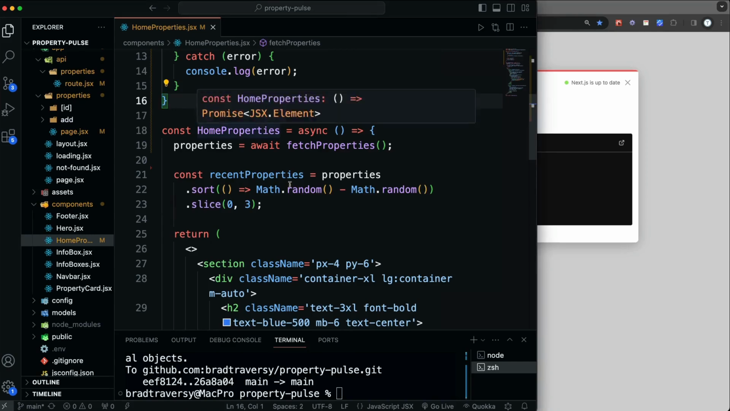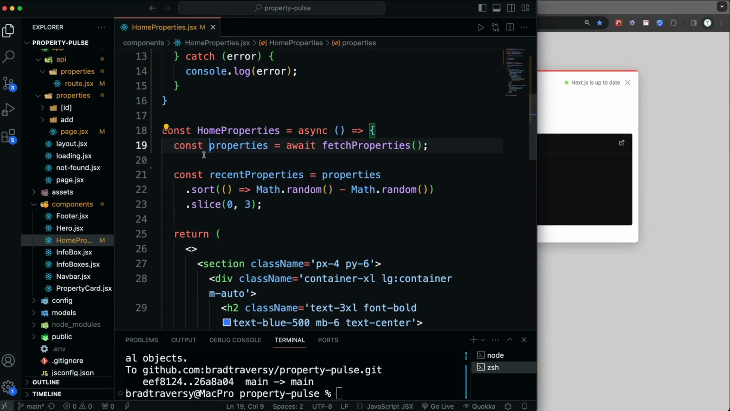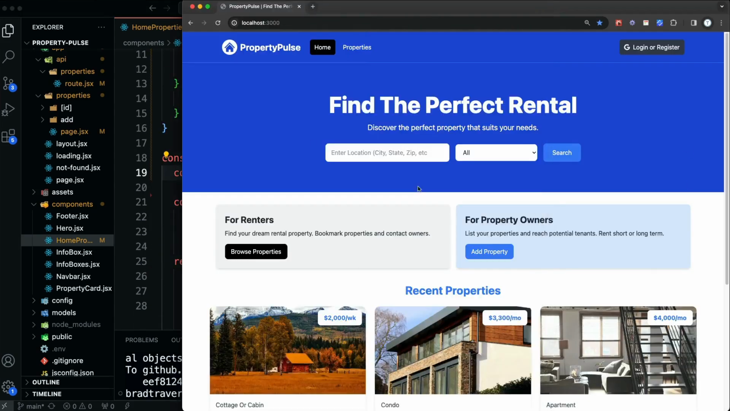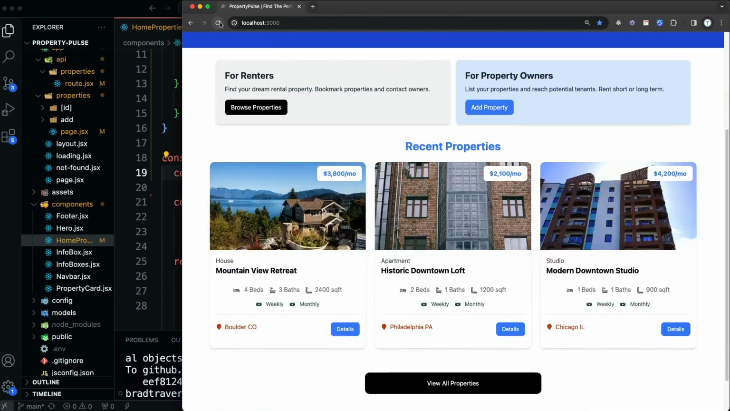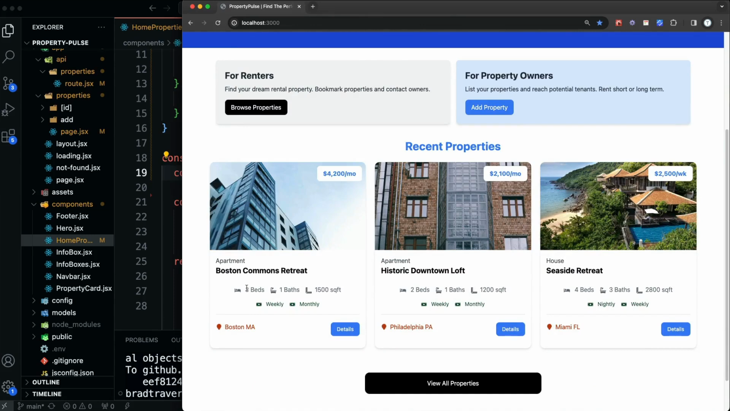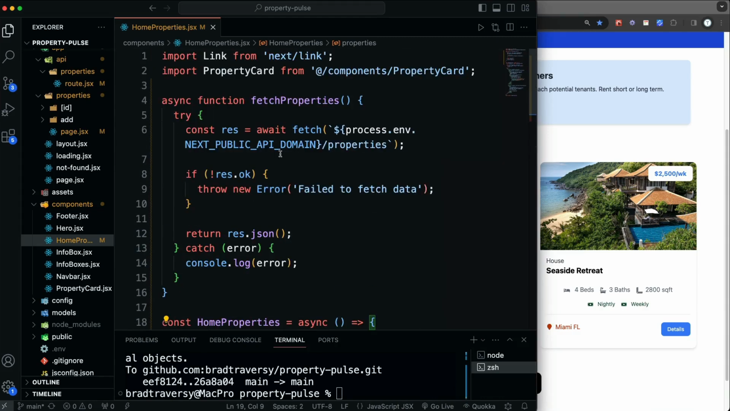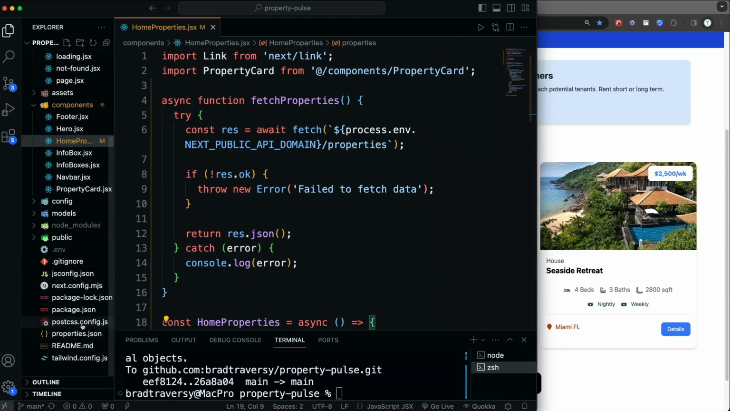Properties is not defined. Oh. There we go. All right, so now these should be coming from the database. So if I reload till I see the Boston one, now you can see that one has 3 beds. So we know that that's coming from the database. So we technically don't need the JSON file anymore. You could actually delete that if you want, but I'm going to leave it there